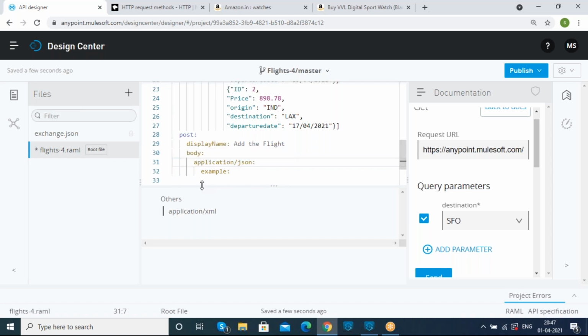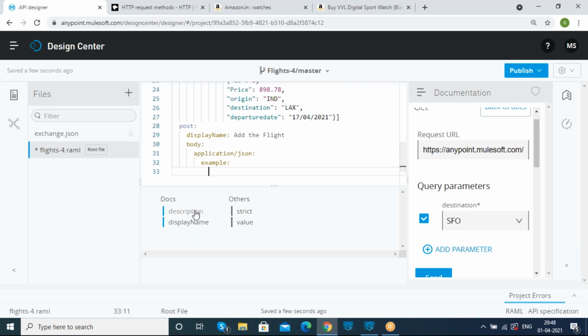And as an example, under this example, since I just need to code this ID in the JSON format, the JSON format starts with curly braces and ends with curly braces.